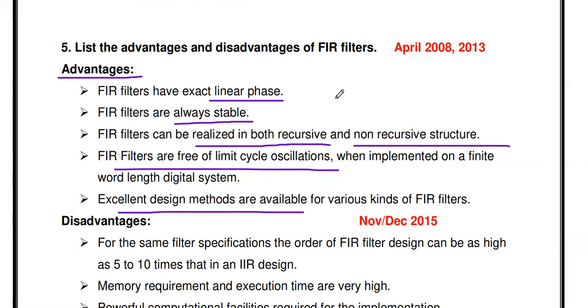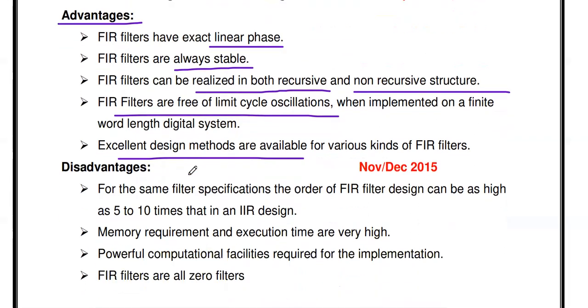So sometimes they may ask a question like, what are the advantages of FIR over IIR? It means the same answer only. Okay, FIR has linear phase characteristics, but IIR does not have linear phase characteristics. All FIR filters are always stable, but in IIR we can design stable filters as well as unstable ones. Okay, and FIR can be realized in both recursive and non-recursive forms, but IIR is of recursive type only. Then in IIR, the limit cycle oscillation problem is present.